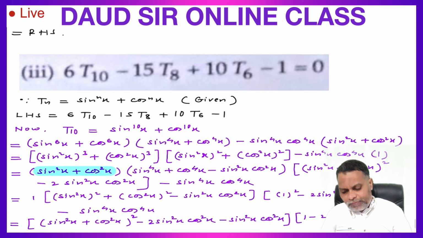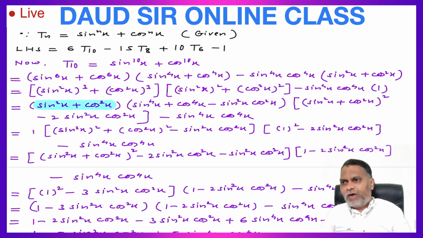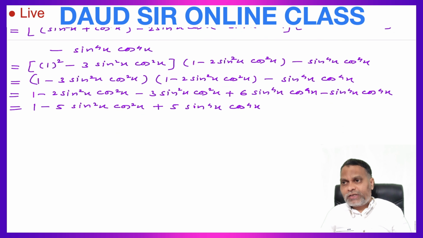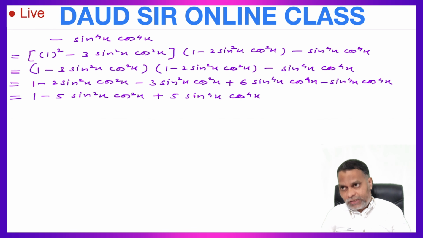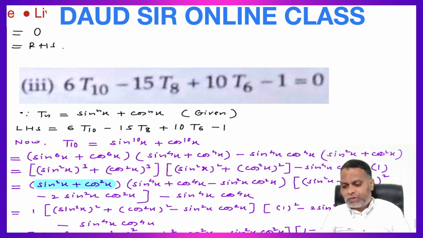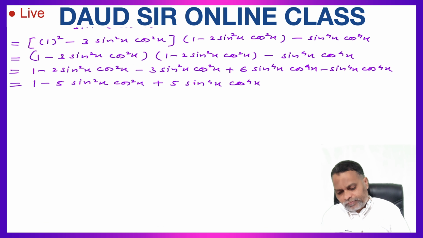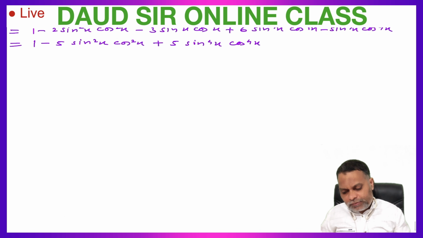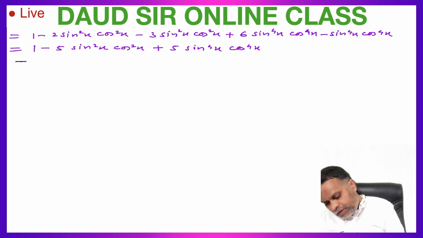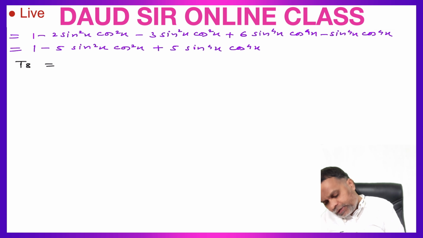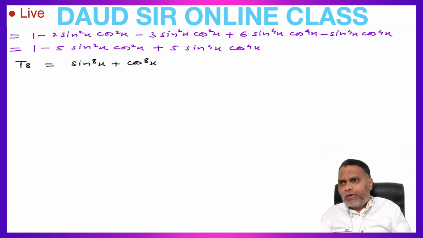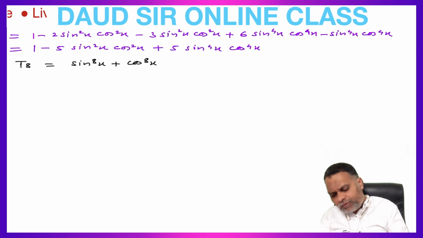This is the value of T10 only. Now similarly we have to calculate the value of T8, then T6, then finally we can substitute here. So for T8, now T8 is equal to sin raised to the power 8x plus cos raised to the power 8x. So for 8 power we don't have the formula, so we can write this